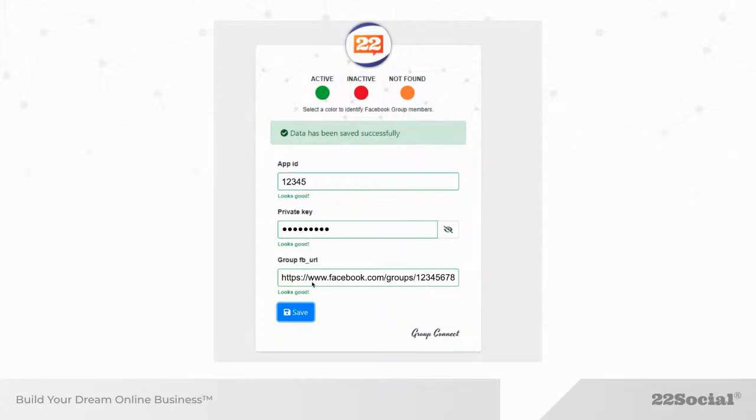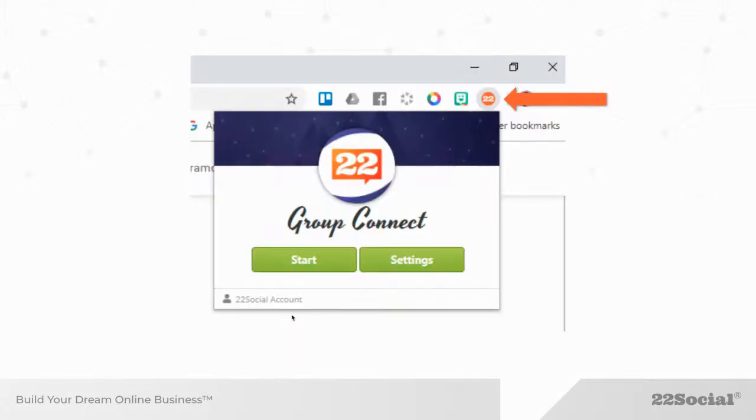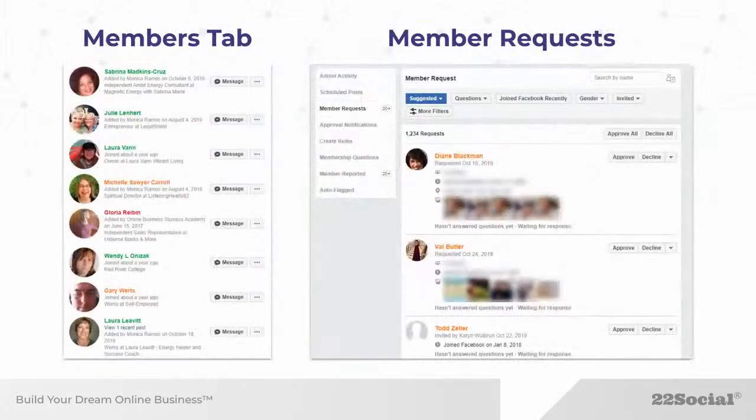And you also put in the actual group URL of your group that's included with the membership. Make sure that it's the homepage of the group. It doesn't include /members or requests or anything at the end. It's a straight link right to the group. You save it, and then you can go back to another tab, go to the group itself, click on that blue icon, hit start,